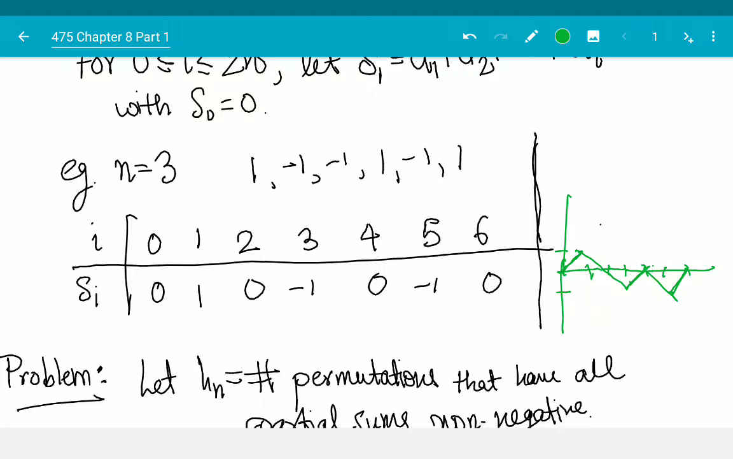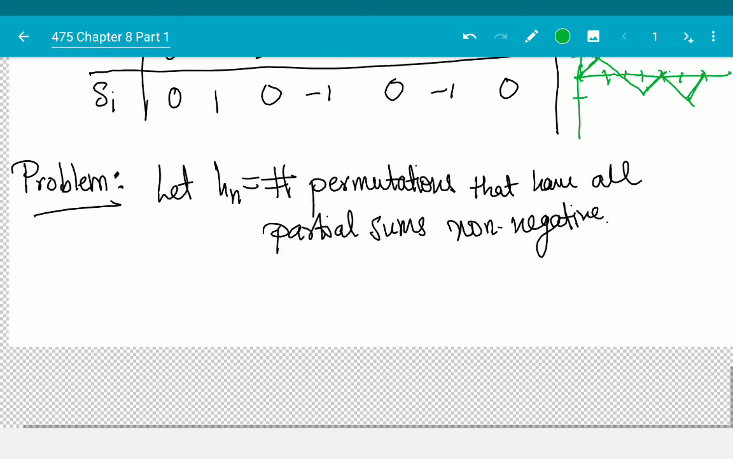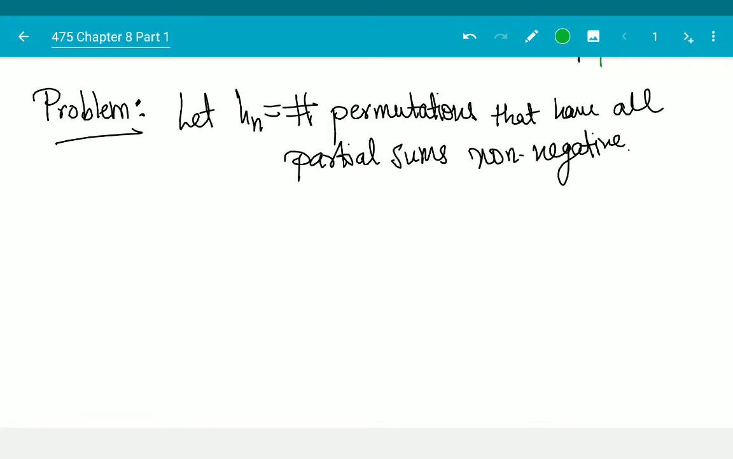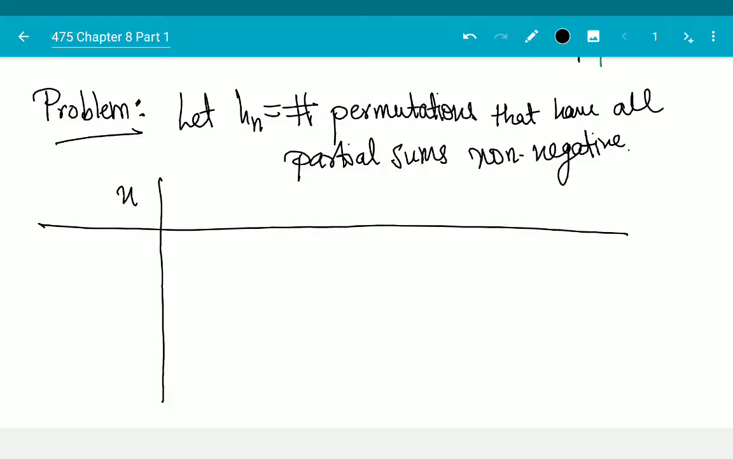Okay, so that is how we are going to visualize this sequence, and we can visualize other sequences also by their partial sum diagram per se. Okay, so let us look at how many sequences I have. So n sequences,